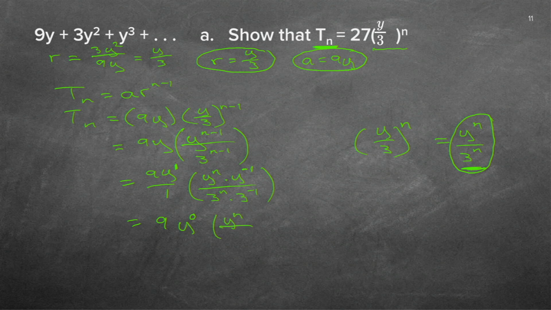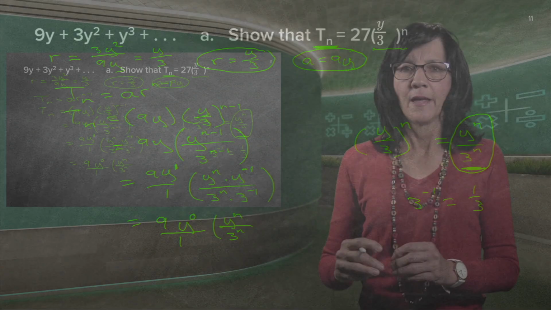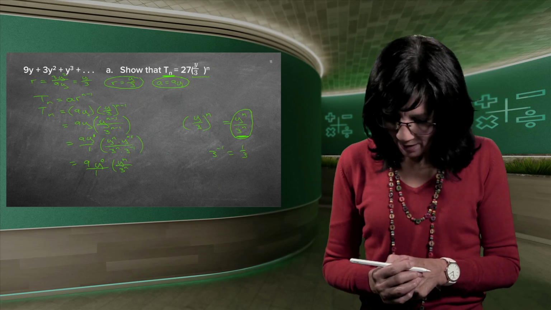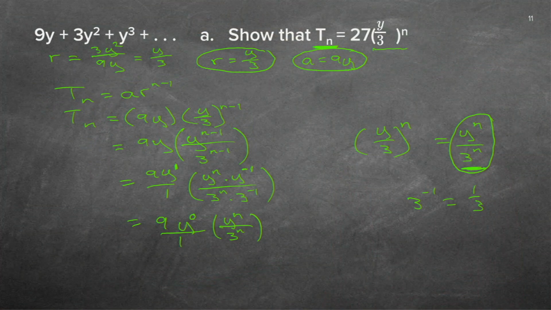I'm going to do the bottom. The bottom one is still over 1. The bottom one is 3 to the n, is what I need. That 3 to the minus 1. Do you all agree? Let's do it on this side. 3 to the minus 1 is actually a third. You agree? If I've got a third underneath the line and I want to take it to the top, it becomes 3 to the power of 1. And 3 to the power of 1, if I times it with a 9 in the front here, it gives me 27. The y to the power of 0 is just 1.